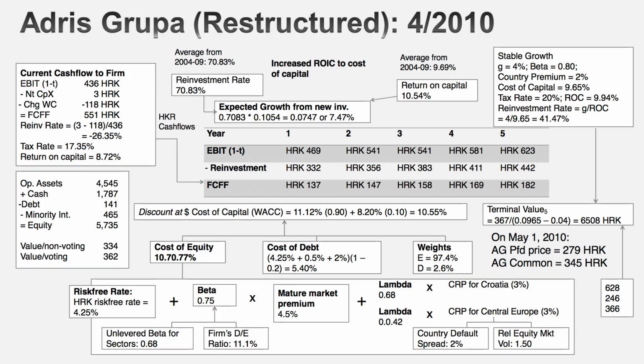So if you talk about value of control, think about doing this for the company where the talk is around. If you get about the same value, the status quo and the optimal, there is no value of control. If you get very different values, there is a basis to the value of control. There's no easy way around this process. So now we have a status quo value and an optimal value for Adris Grupa. Here's an interesting twist. It's actually a way you can think about why voting shares often trade at premiums over non-voting shares, because Adris Grupa had both of those.